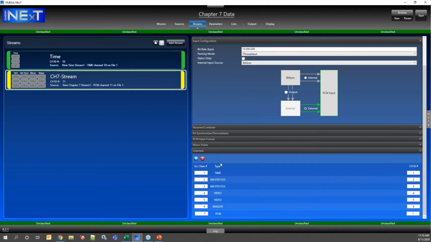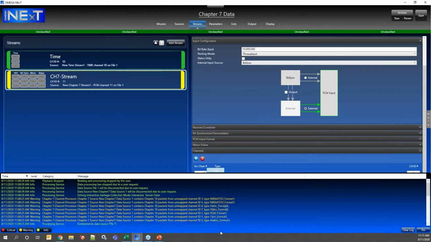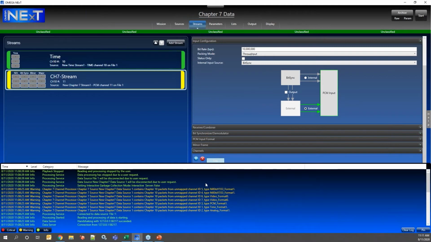For example, if your time stream here had the same Chapter 10 number as the time stream from your ground station, say that was 10, and this was set to 10, you would get a conflict. So you'll see an exclamation point. So you wouldn't want that conflict. In this case, we don't actually have a conflict, but I do need to set these to the correct numbers, so I can look, if no one gives it to you ahead of time, which usually would be the case, I can just look here in my log to see that my